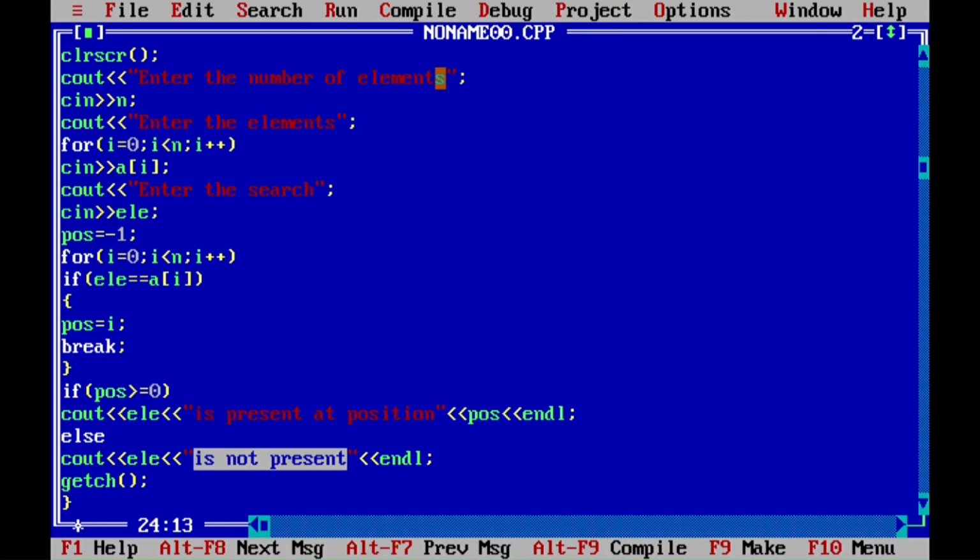Again, enter the search. So I have entered here only search, so it is going to display only search. Whatever you enter here, it is going to display there, right? The search element, element, end. Now it is going to display full. Now again if I run,